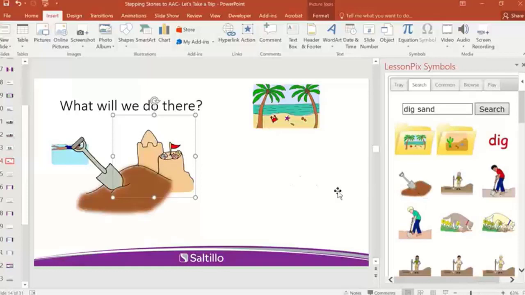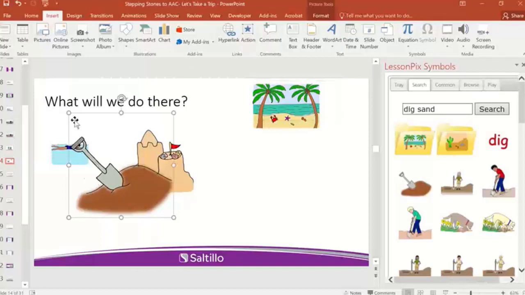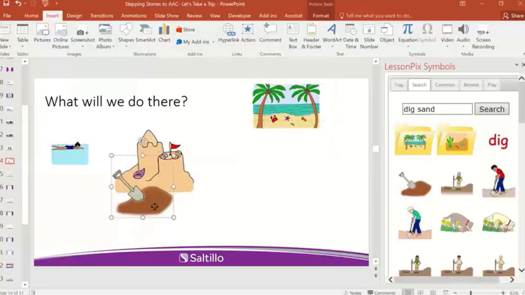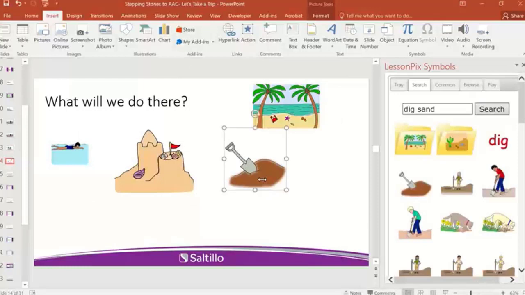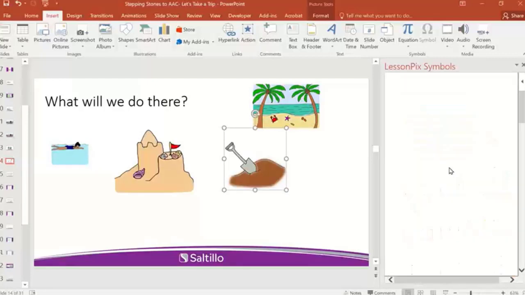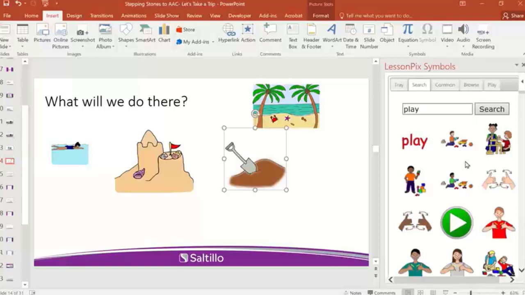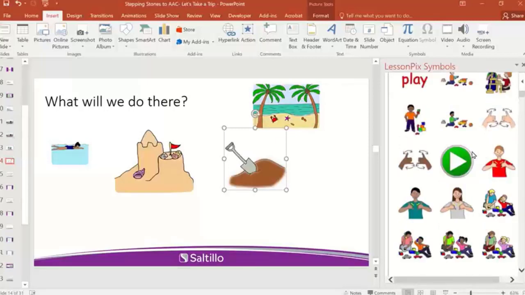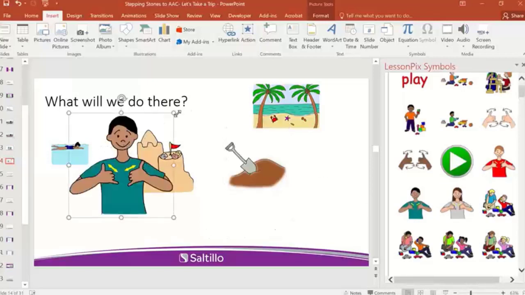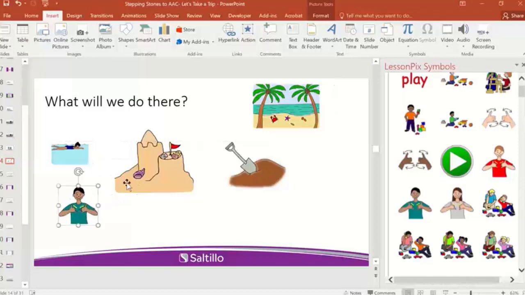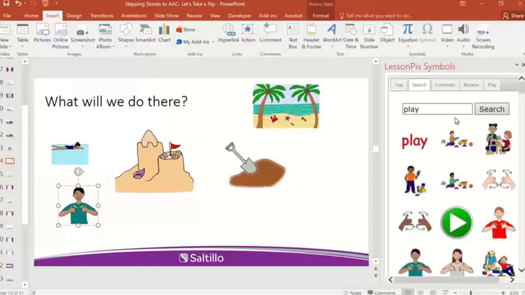You could also be bringing in, and we've talked before, if you use chat editor, some of their symbols. So we could bring in play, run, and have those symbols if we can't find them in here, but I bet you we can find it because Lesson Pix has so many things. And then you just scroll through, and maybe I just have to use the sign for play because I can't get a good picture for play in the sand. Run in the sand. I love all of those ideas. Dig in the sand. So you guys get the idea.